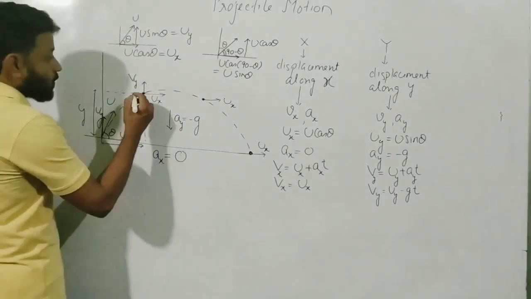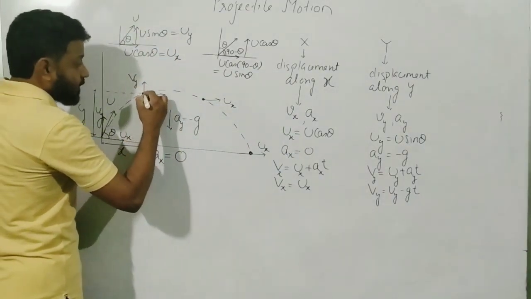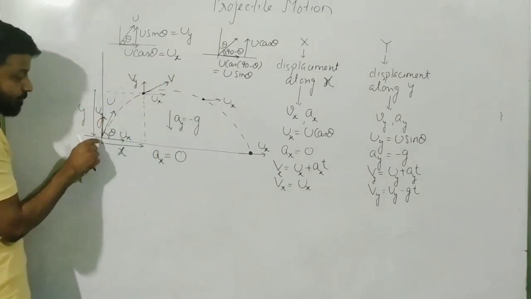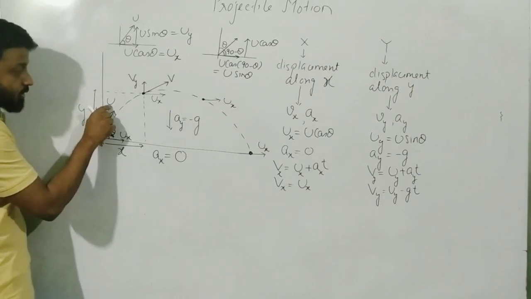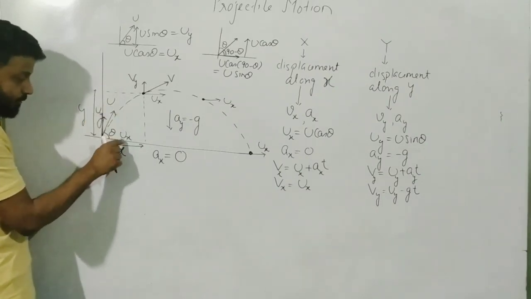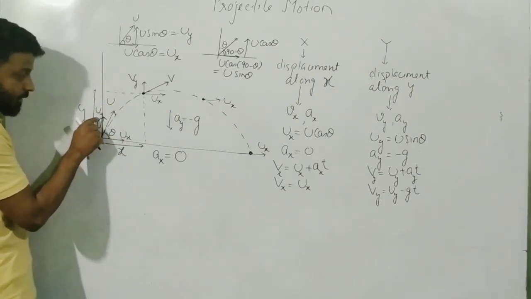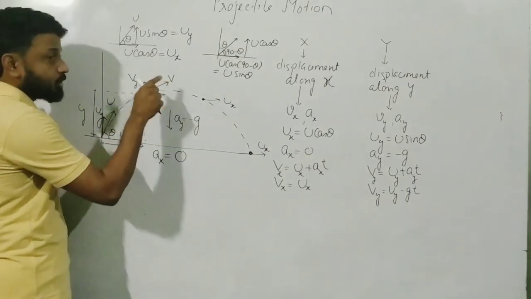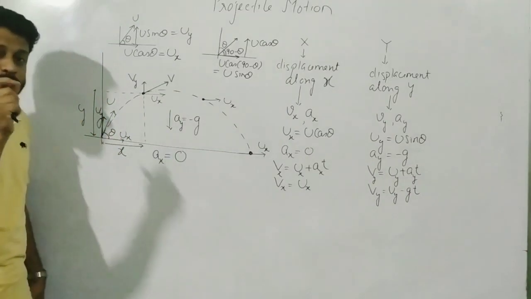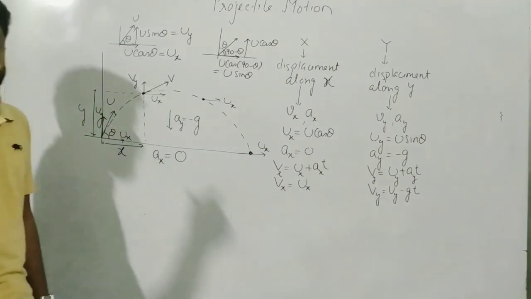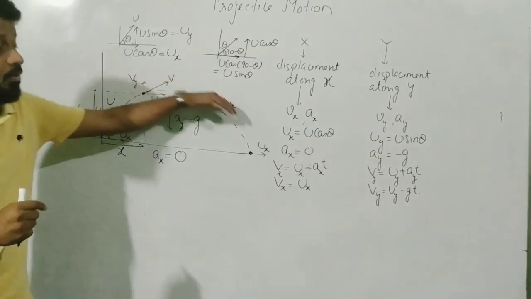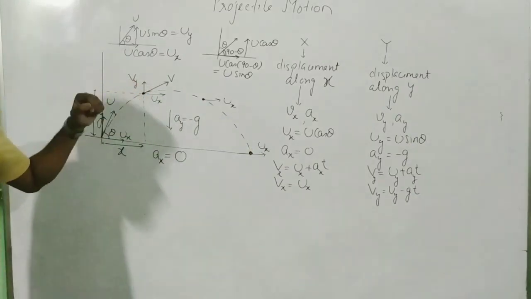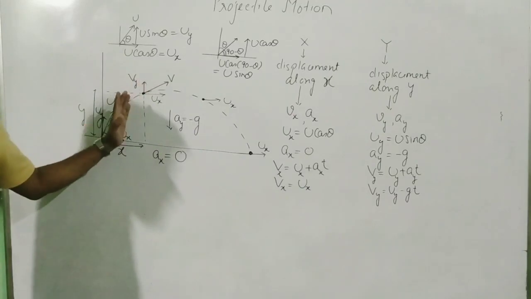If they now ask what the resultant velocity at this point is, let us say this is my resultant velocity v. What was the net velocity at the point of projection? The net velocity was u, and of this u you have two components, ux and uy. But as you go up, the resultant velocity should change. For example, if I am projecting a body with a velocity of 40 meter per second, when it goes up the velocity will definitely not be 40, it will be less than 40, because while going up it is undergoing retardation.